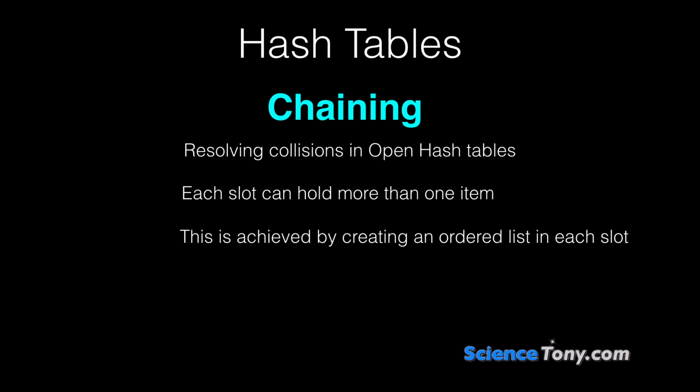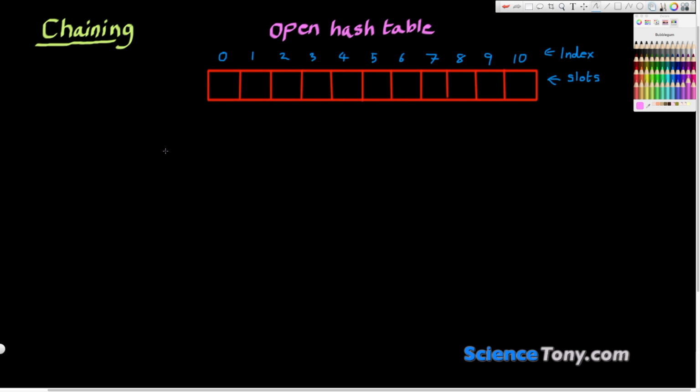Chaining is a way of resolving collisions in open hash tables. Each slot can hold more than one item, so this is different from the other hash tables that we looked at. It does this by creating an ordered list within each slot, so you can keep putting things in. After we get a result from our hash function, whereas in previous examples, if we had something mapped to here and then something else mapped to here,